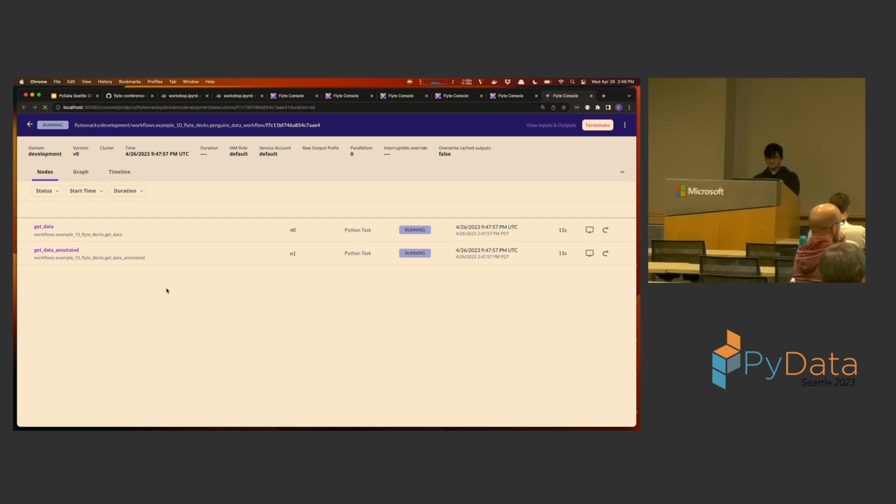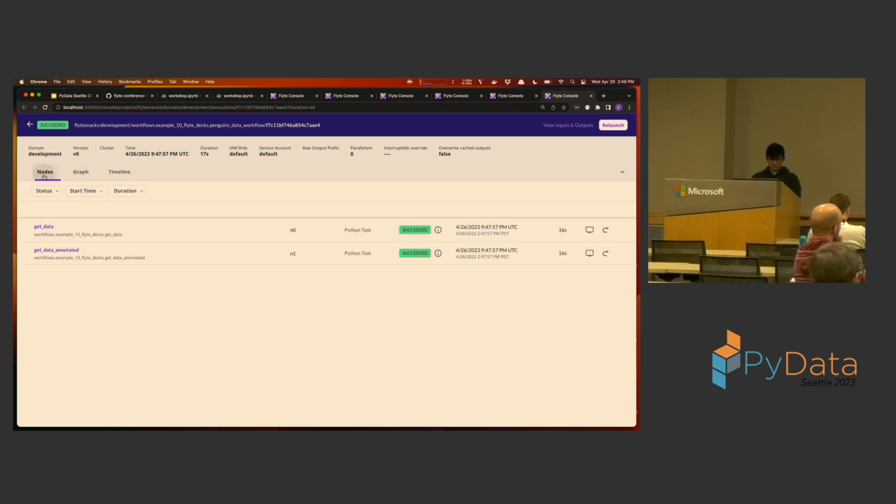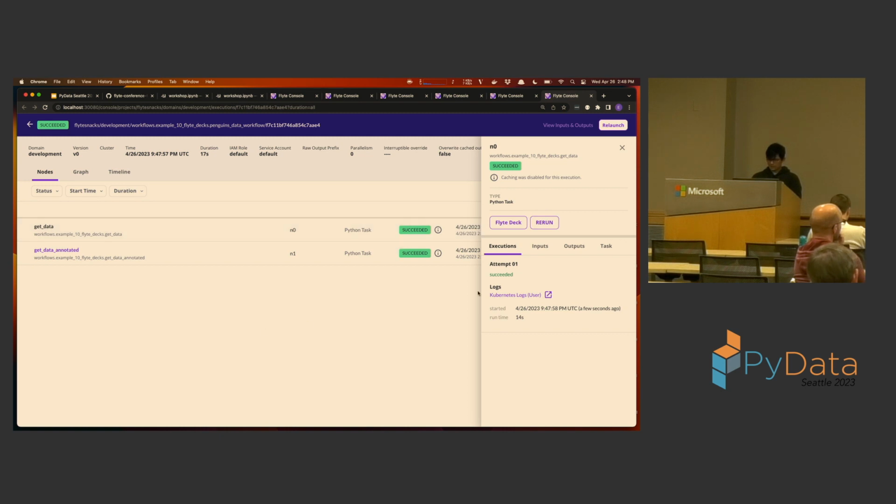This is slower than I would like, but give it another second. Oh, great. Cool. So just so I'm not lying, this is a workflow that works with only two tasks, and they run in parallel. But if you now inspect this little button here that says Flyte tag,